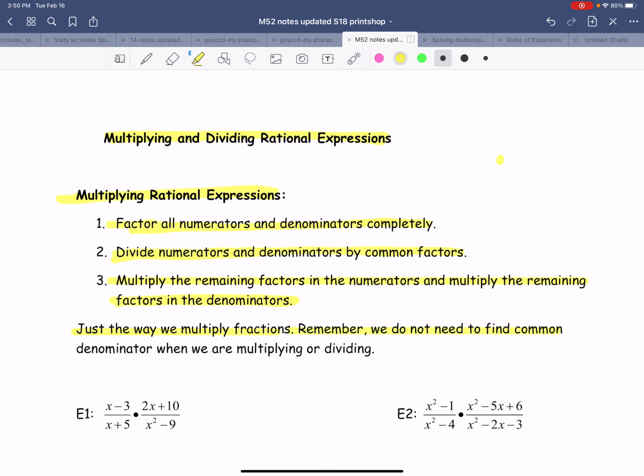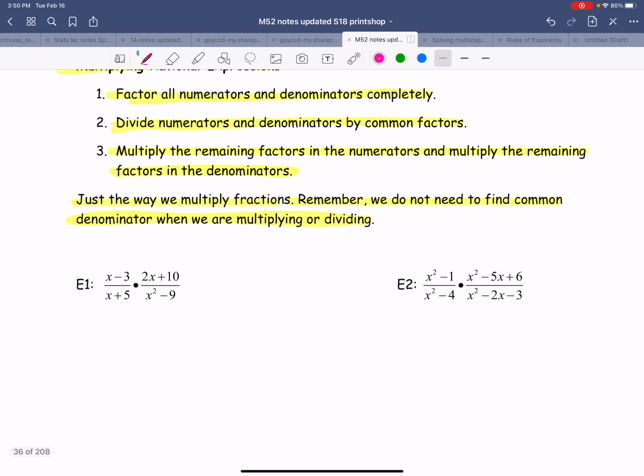Remember, we do not need to find a common denominator when we are multiplying or dividing. Very important. We only need a common denominator when we are adding or subtracting fractions or rational expressions. When we are multiplying or dividing, no need to find the common denominator. So let's look at a couple of examples of multiplying